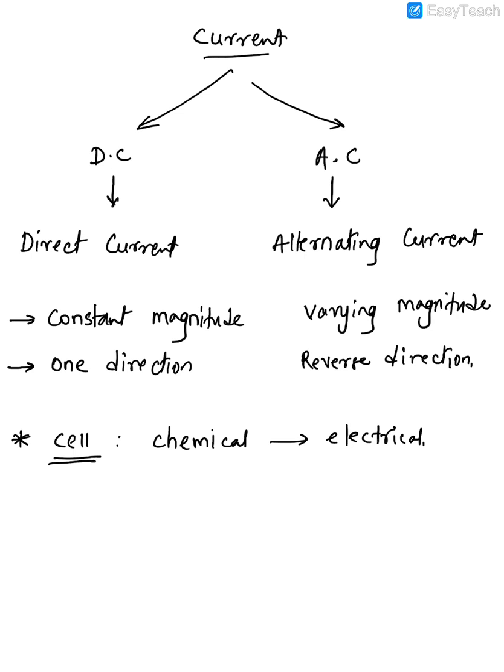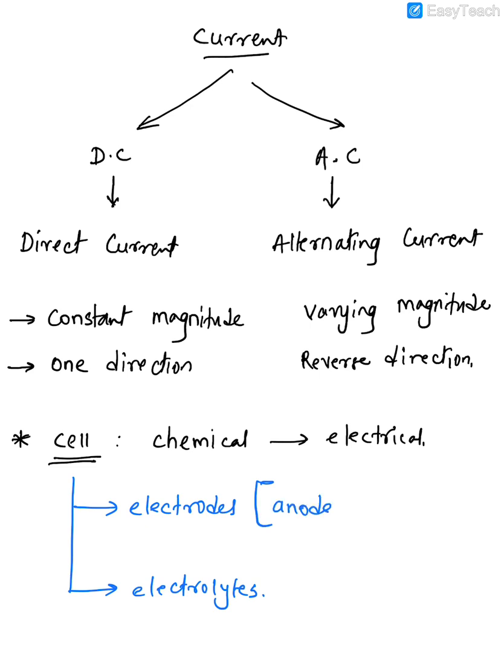Also to know the important parts which are there in a cell, there are two parts. One is called electrodes. Those who are good at chemistry must be knowing already, or if you've done the chapter called electrolysis in chemistry, you will know more detail about this. So a cell consists of these two important parts, electrodes and electrolytes. Electrodes, if you know, are basically anode and cathode.